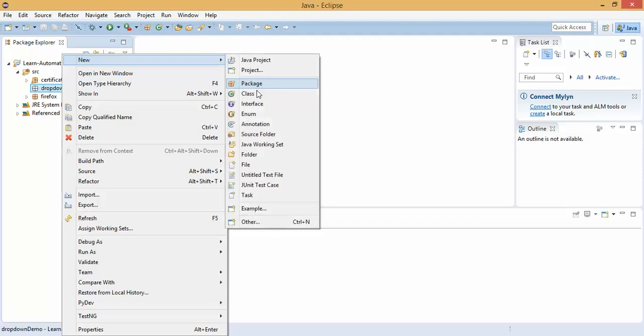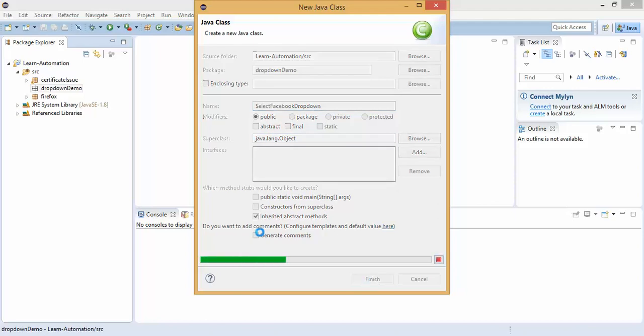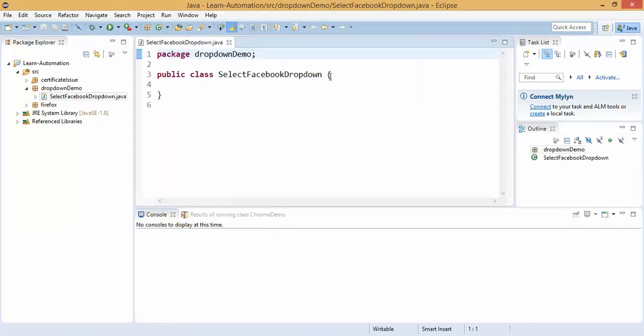So let's create a new Java class. In this Java class, I will say select Facebook dropdown. I will use TestNG, so I will not take public static void main. The first method which I will create will be public void select dropdown values,